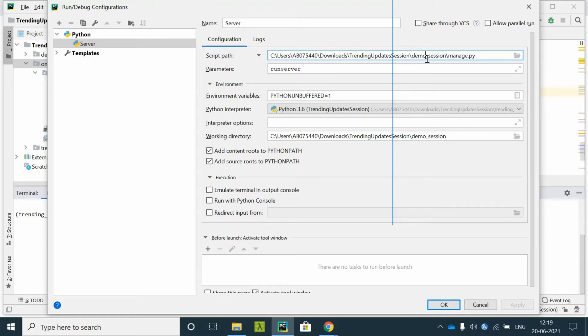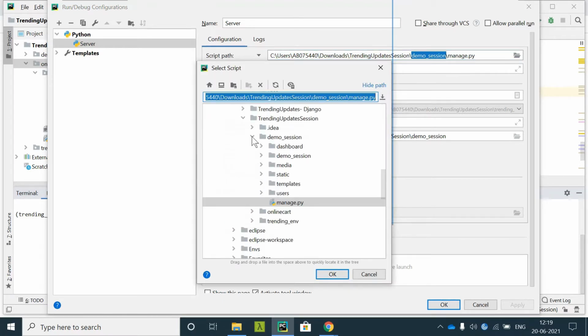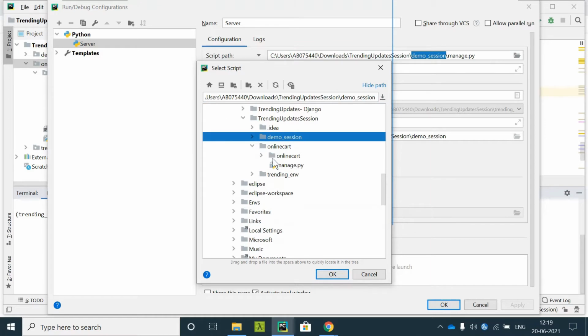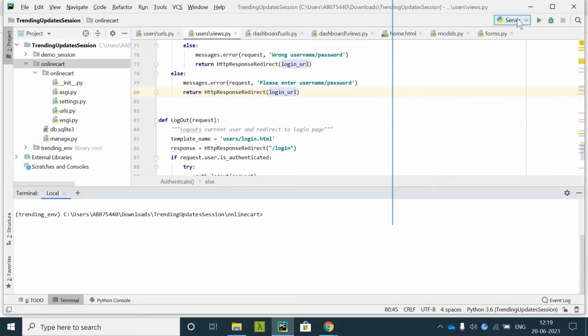Just open this. As of now, this is the demo session manage.py file, which is incorrect. We are worried about the online cart manage.py file. So go to the online cart folder, select the manage.py file and press OK. This becomes the script path, and the parameter is runserver, that we use with python manage.py. It will work like this, and Apply, say OK.